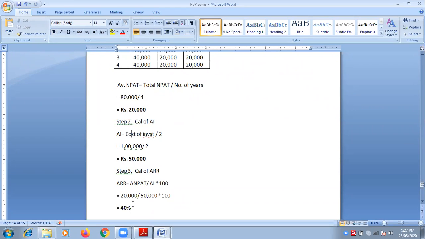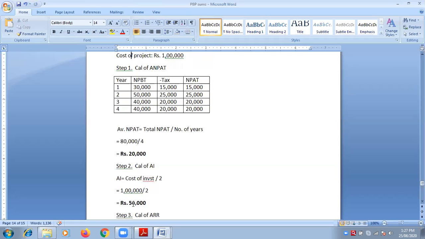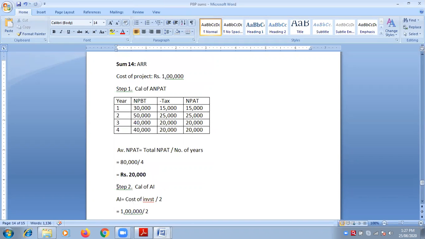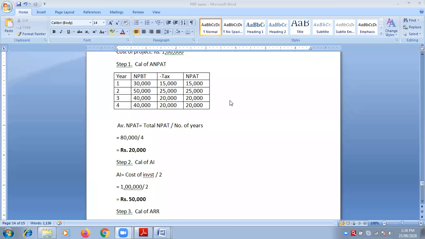Okay, now you can copy them. Copy the first part. I will stretch the screen down. You first copy down the first part. So we are done with ARR method. I'm not going to repeat again. I'm giving you some sums to practice at home so that you are confident that you can solve ARR method also. I will give you sums. Wait, first you copy down this. Okay, ARR method is done.